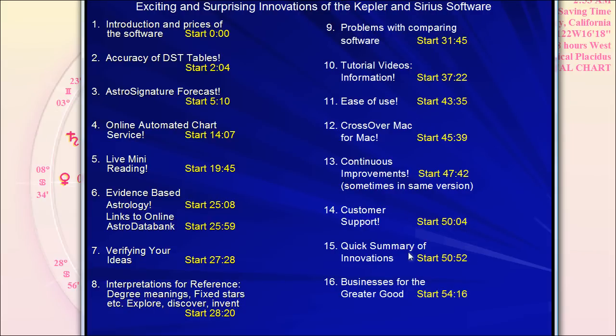Number 15, well, I do a quick summary of some innovations here. I mentioned a few. I think most or all of the ones I mentioned, plus a few others. And then the last thing is businesses for the greater good. Cosmic Pattern Software and also Matrix Software, which are two companies that have merged together. They're two parts of one larger system, are dedicated to this concept of businesses for the greater good, where there